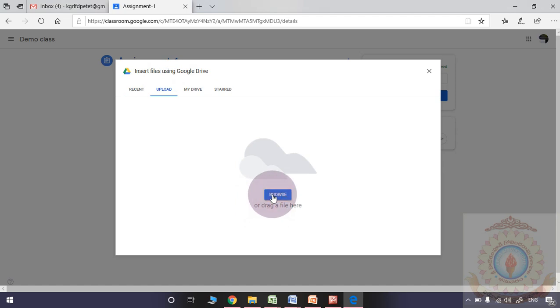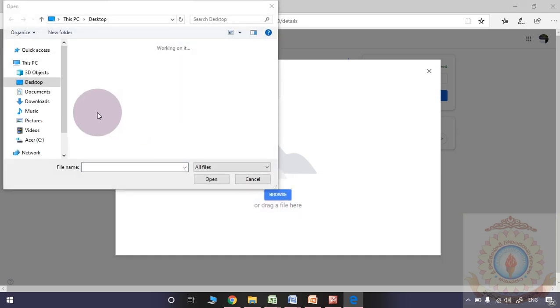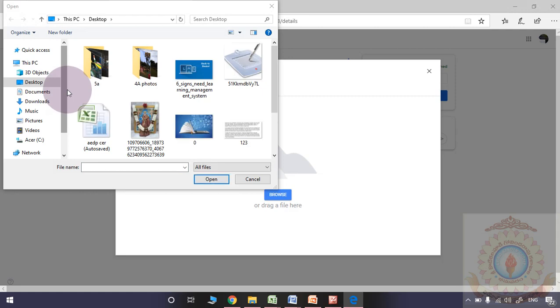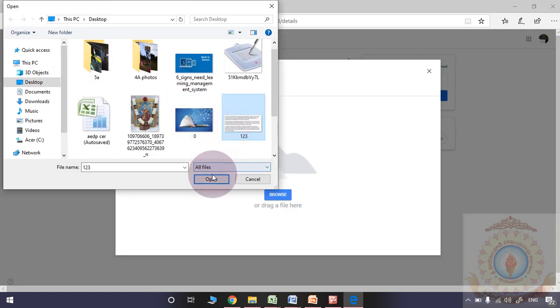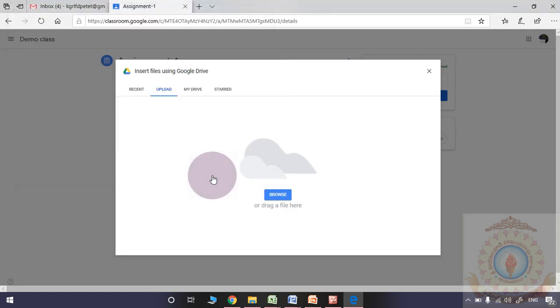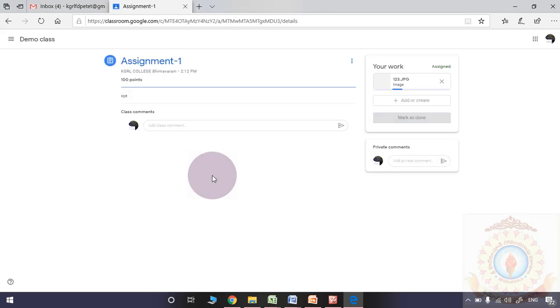I may browse from my computer. I'm just uploading some random document, some JPG image.